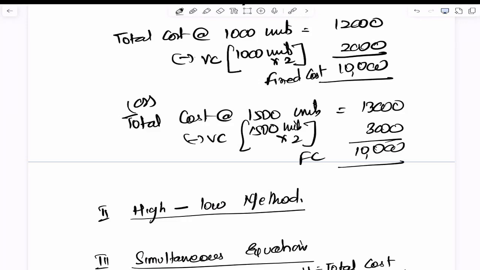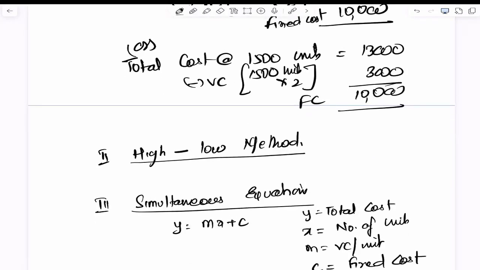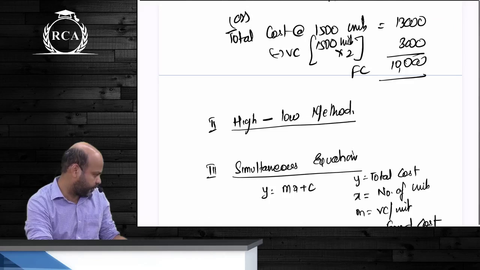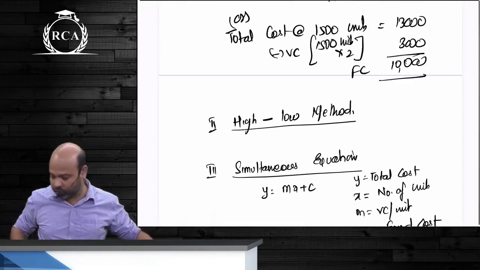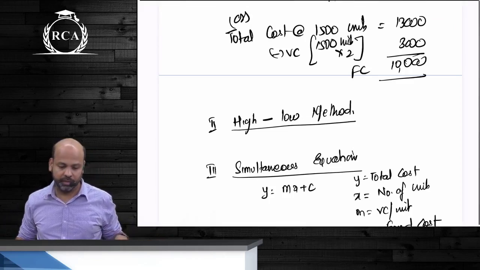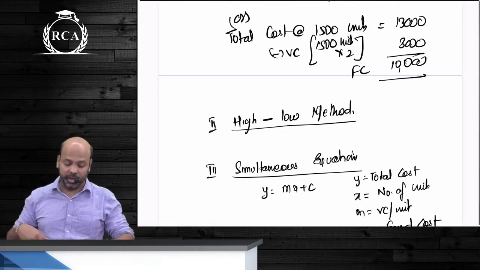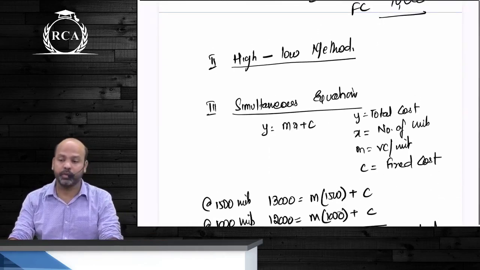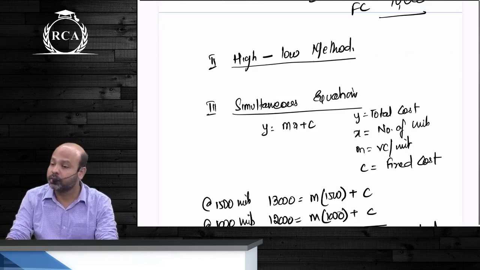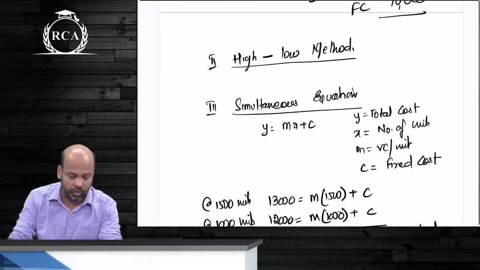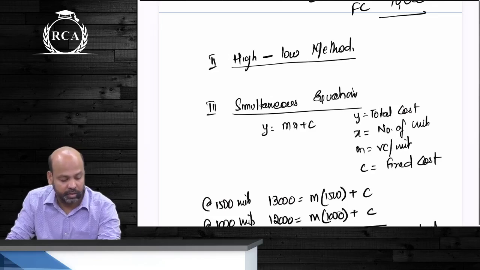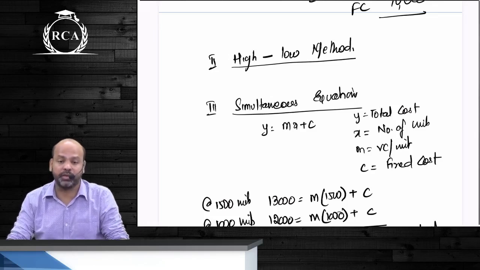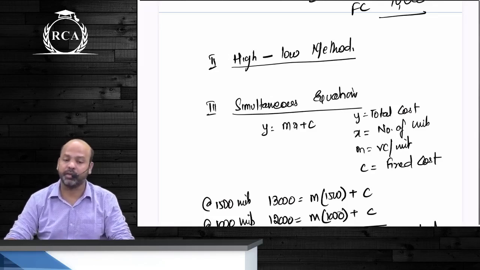Is everyone done with this? Right, the second method, the high-low method. What will you write under the high-low method? Next side heading, guys, high-low method. Underneath write: if the total cost is given for multiple activity levels,